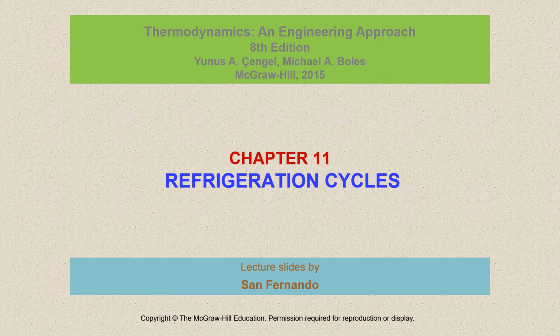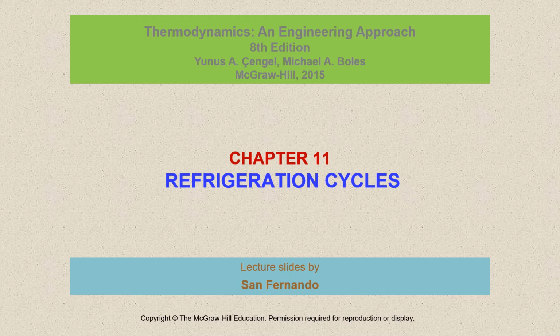Hello everybody. In this chapter we will be looking at different refrigeration cycles. A major application area of thermodynamics is refrigeration, which is the transfer of heat from a lower temperature region to a higher temperature one. Devices that produce refrigeration are called refrigerators, and the cycles on which they operate are